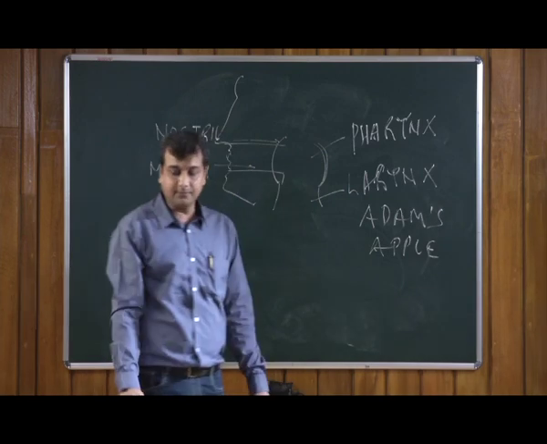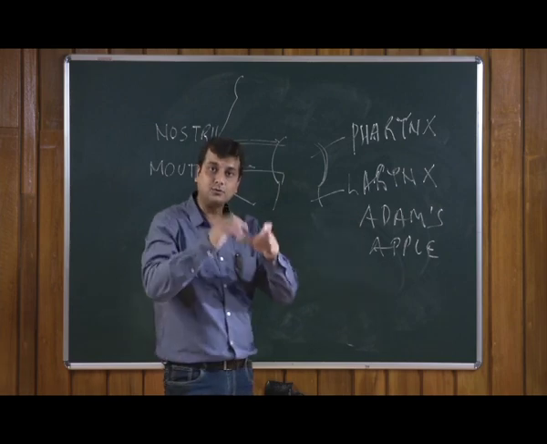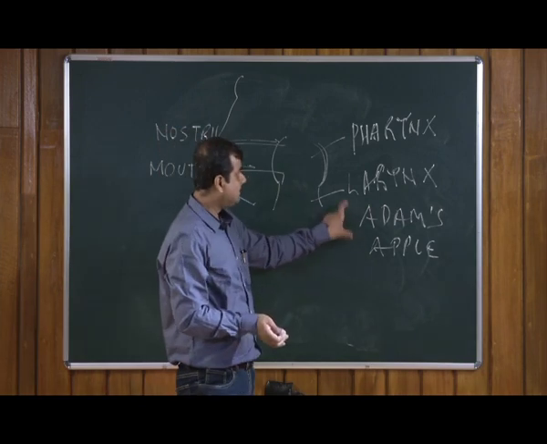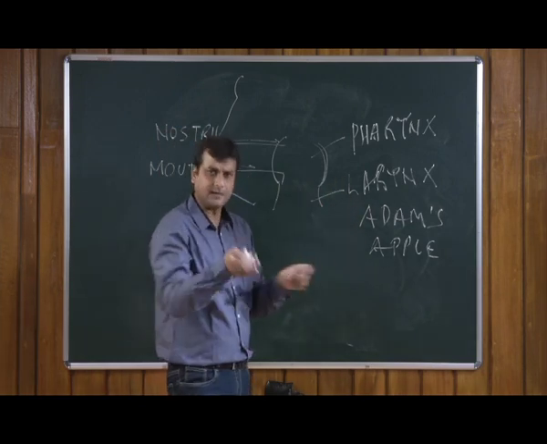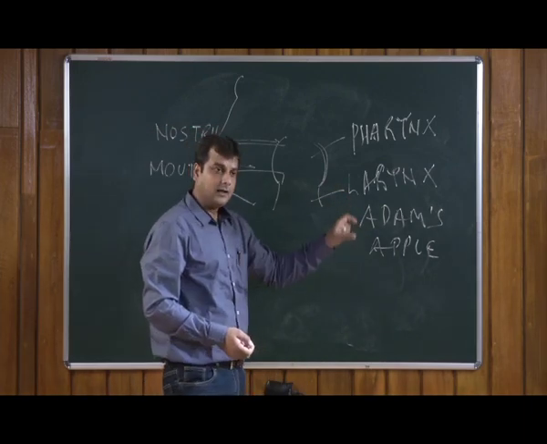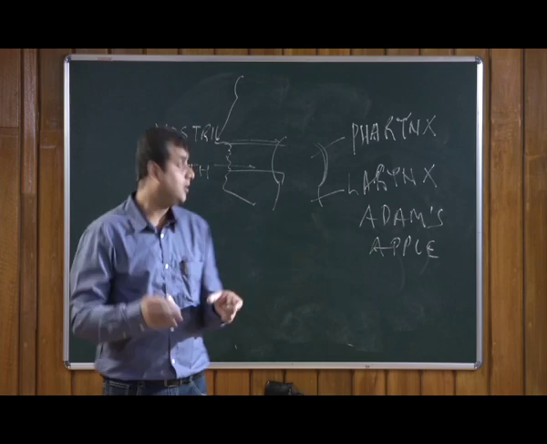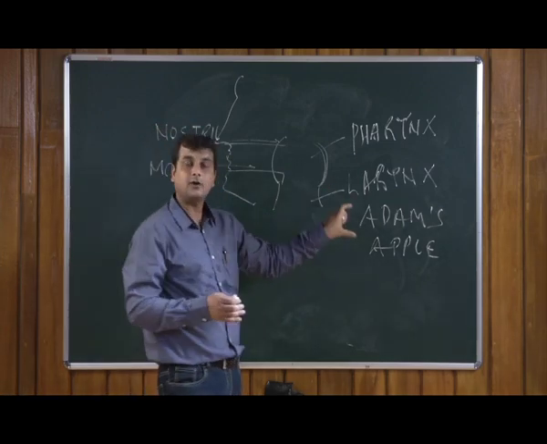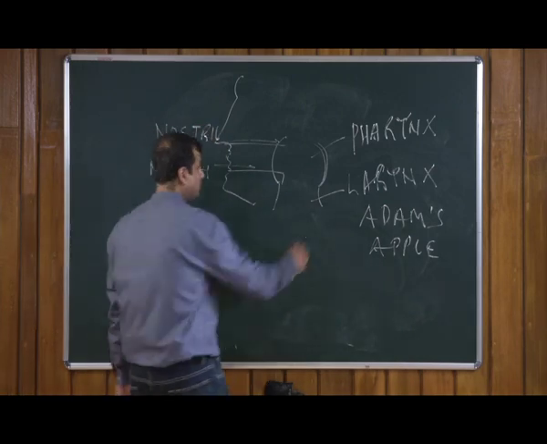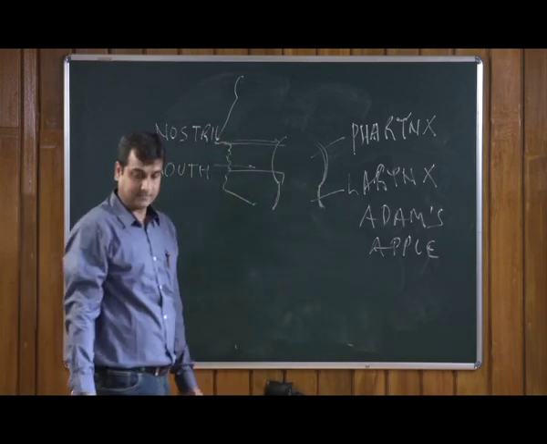This Adam's apple is basically an indication of the sound system of a male individual, and the larynx and Adam's apple are sometimes collectively called the sound box. So, basically these are the sound-producing organs. A similar structure is available in the parrot, where we do not call it a larynx but a syrinx, which is a very sweet kind of sound producer. So, this whole area is basically the entry point of the respiratory system.